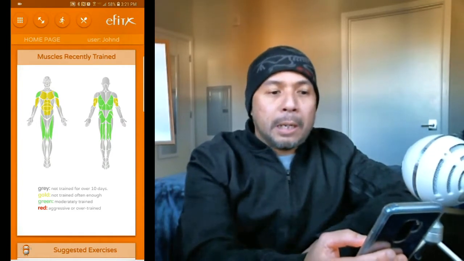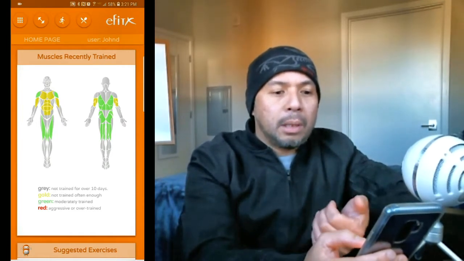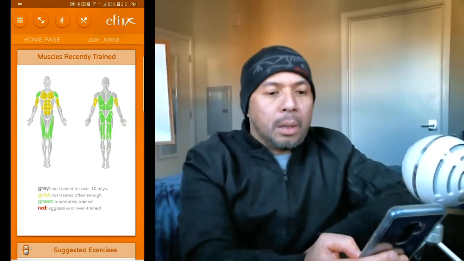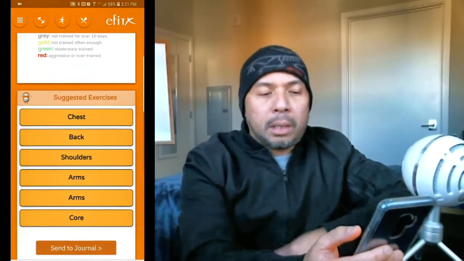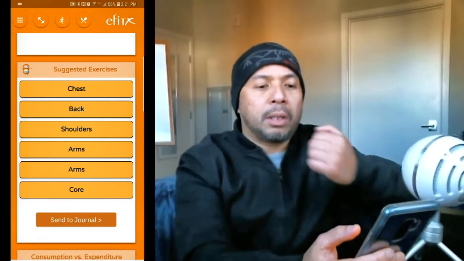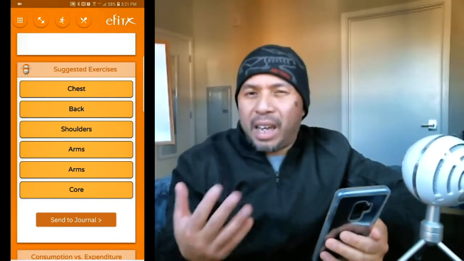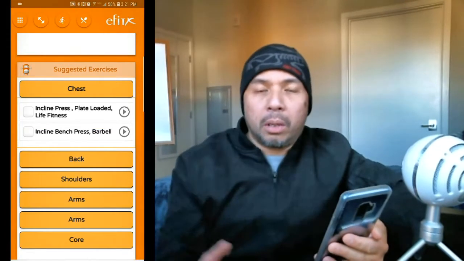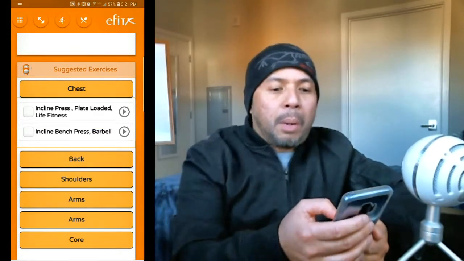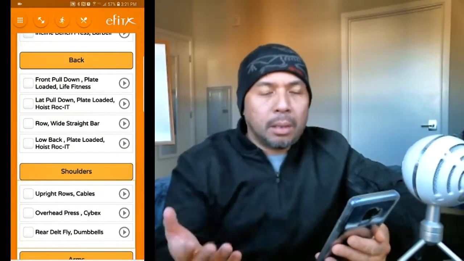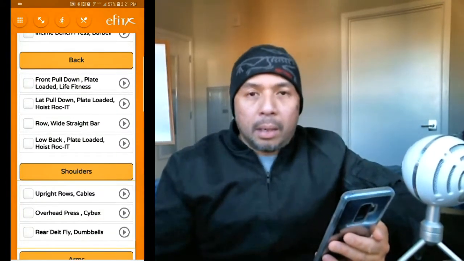the first page you see is muscles recently trained, and what you see is highlighted muscle groups that you've recently trained. We can scroll down and we will see suggested exercises. Now, this is going to become more sophisticated as we go along. Right now, it's kind of like AI suggesting exercises based on your historic data. So you could open a bunch of these categories and see what exercises our bot is coming up with